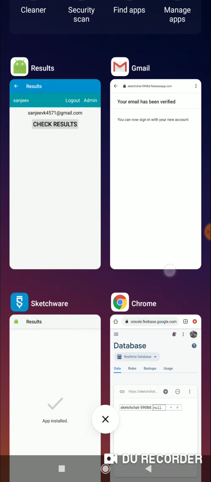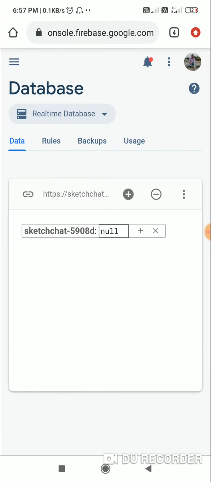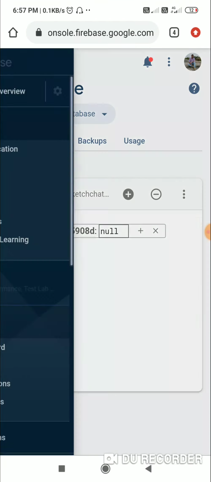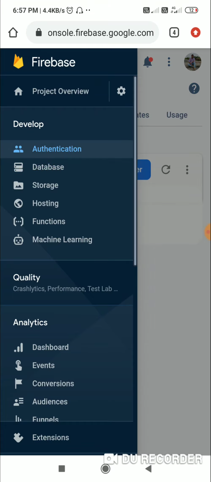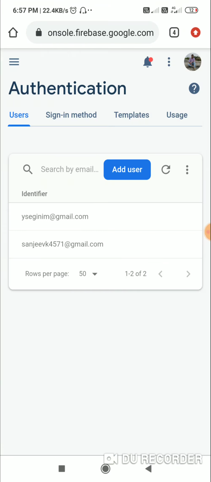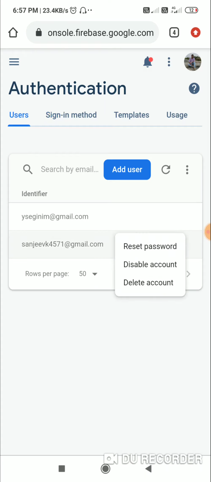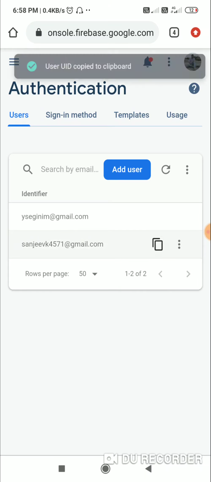Now let's find the user ID. For that we have to go to our Firebase console and go to authentication. In authentication you will find your email. Here you have to click on this copy icon.